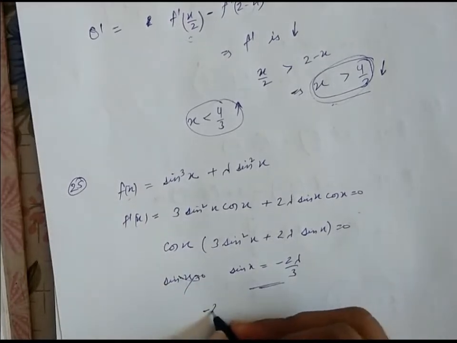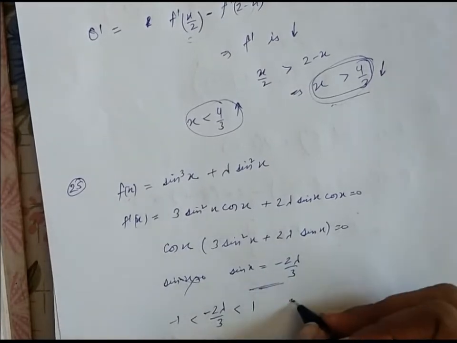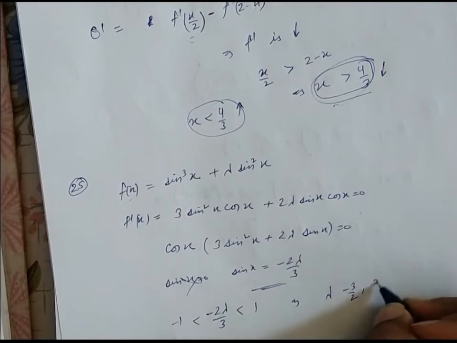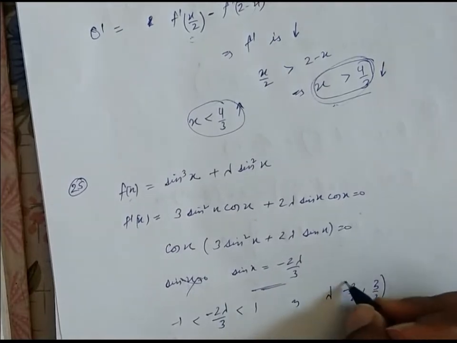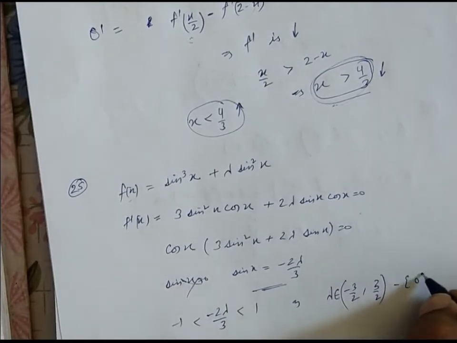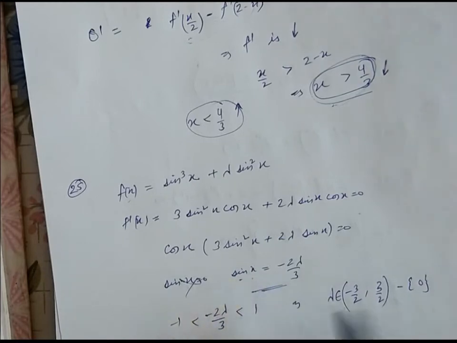So minus 2 lambda by 3 should be between minus 1 to 1, and hence lambda should belong to the open interval minus 3 by 2 to 3 by 2, just subtract the value 0, otherwise lambda equal to 0 would again give sin x is equal to 0. Okay,